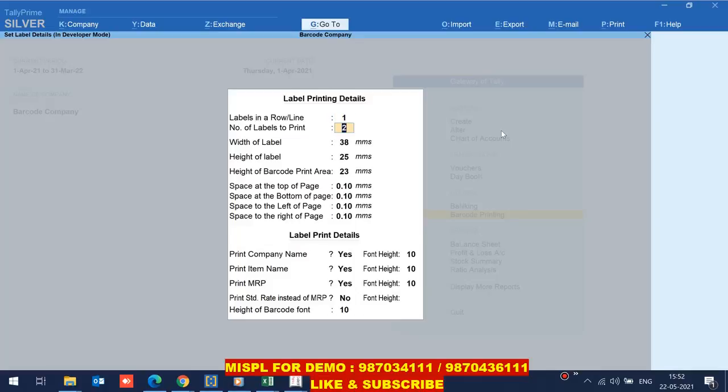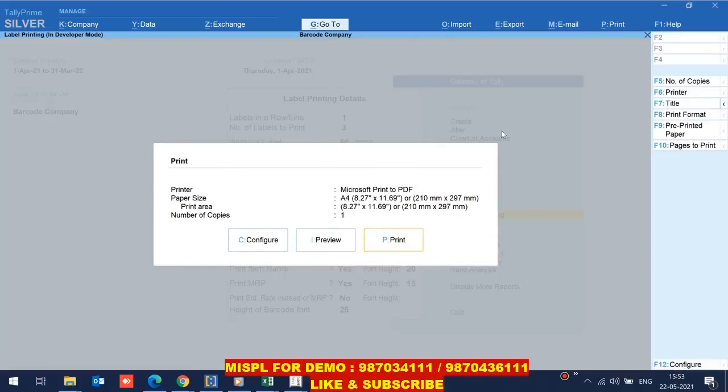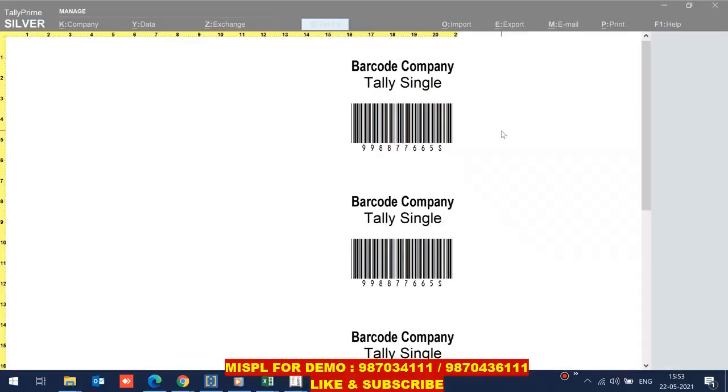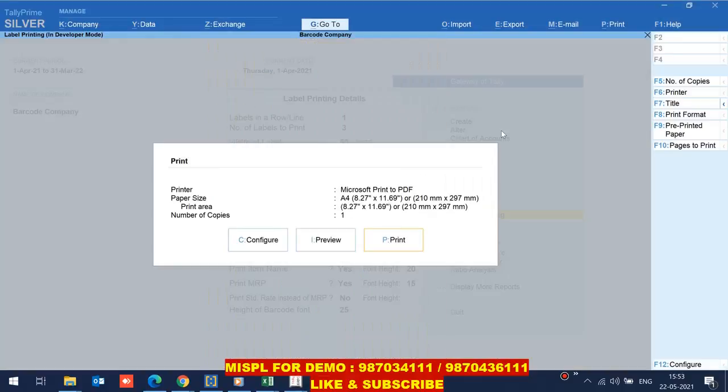Labels 1, number 3, height 50, width 50, height 70, print area 50, company name 20, item name 20, MRP 15, standard price not required, and barcode height 25. The rate is not coming because the rate is not mentioned in the item.